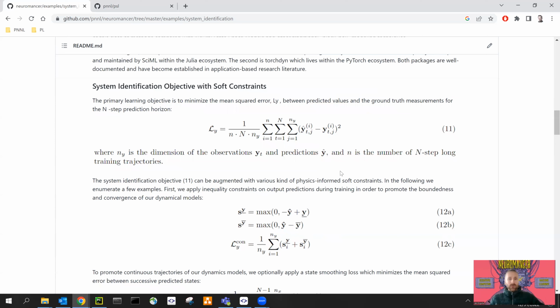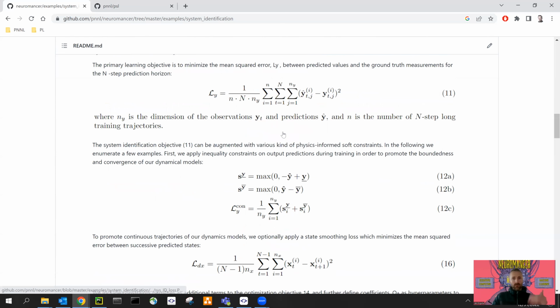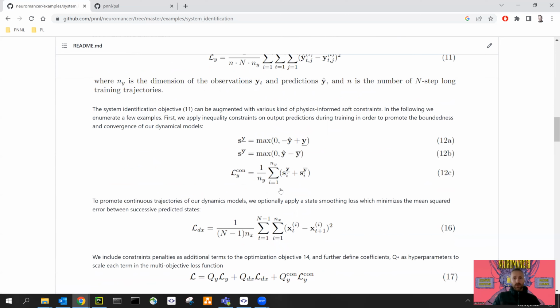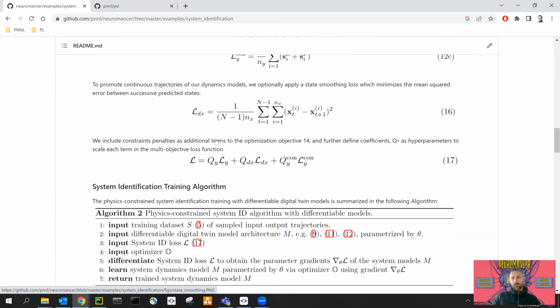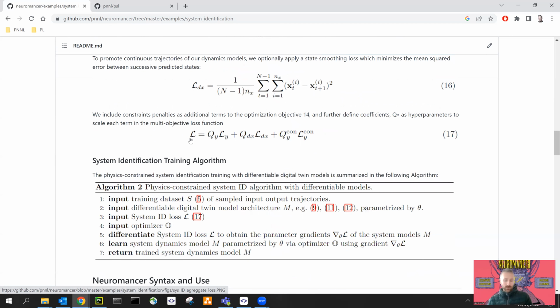So on a high-level conceptual basis, we can integrate the different types of system identification objectives and soft constraints or hard constraints in their architectures by various means. I will show you in the code. If you are interested in the high-level mathematical formalism, you can read our README and associated papers. But essentially, there are two ways how to